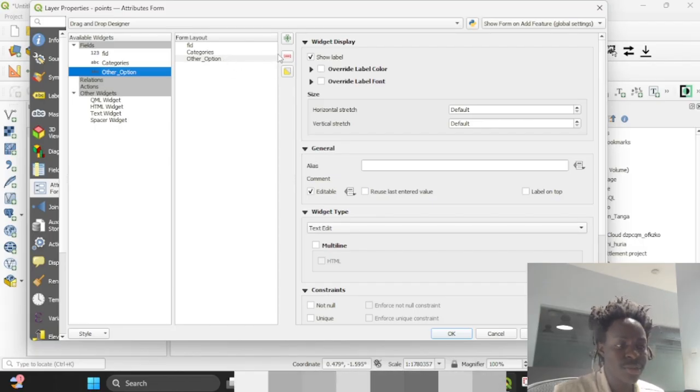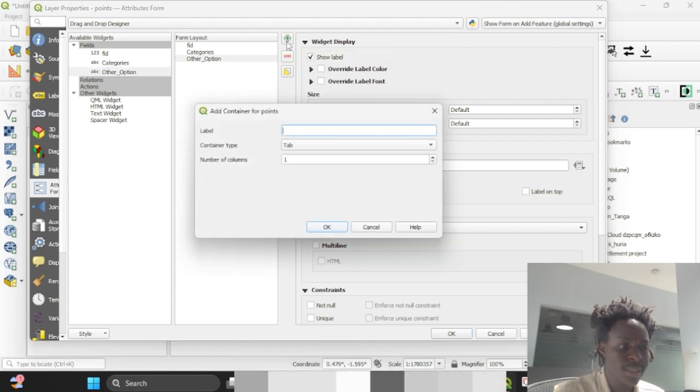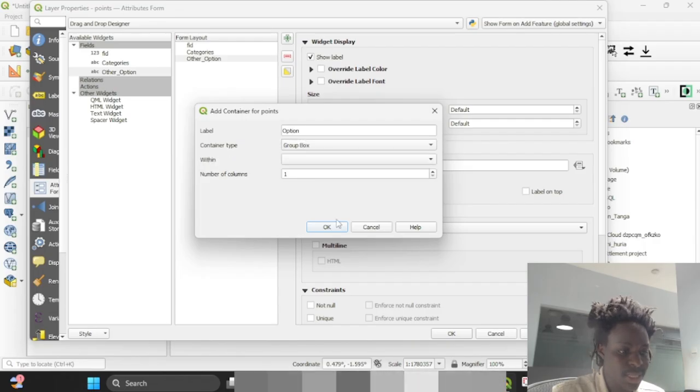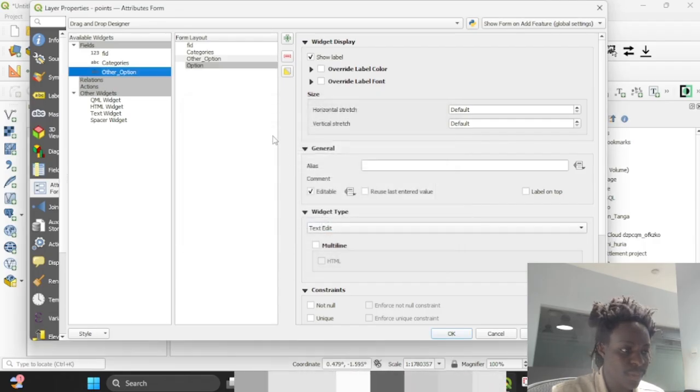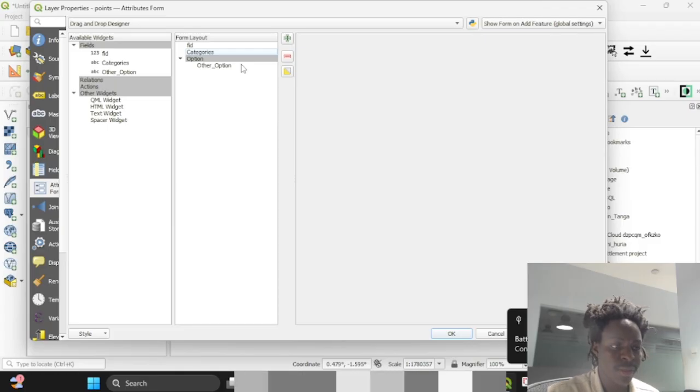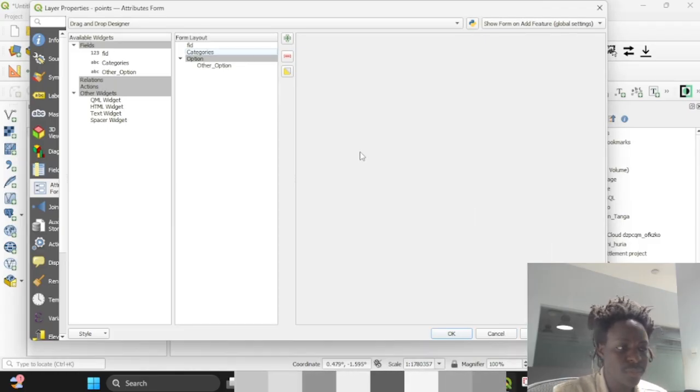What I need to do is to create a new group or new tab for that, and then I can name it in the app, for instance, option, and then I use the group box, and then okay, and then you take the other option field and then add it to your field, and then